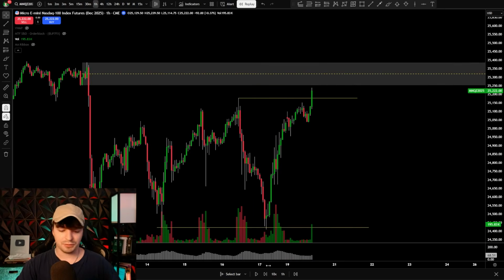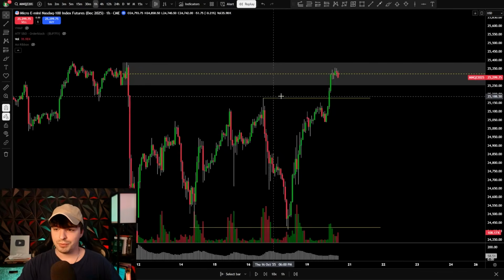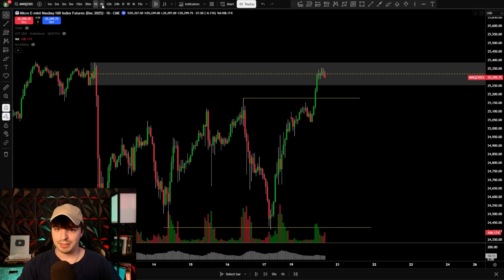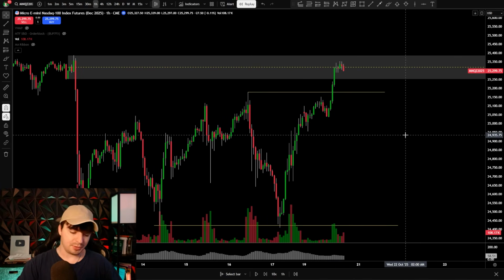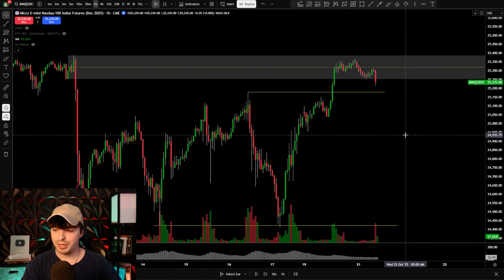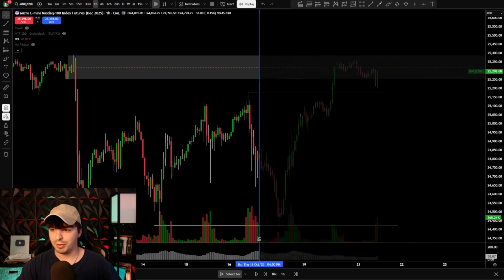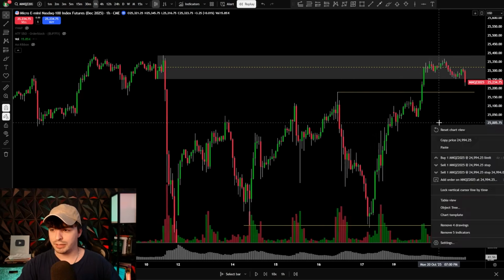So let's just play this forward and see what happens. Let's go on to the next day. So now notice that we are in this area of imbalance that we marked out on this 4-hour chart. And this is at 3 p.m., so the day is pretty much finished. So let's just skip to the next day, the next opening day, right? The next opening bar. All right, let's take a look right over here. What do we see here?